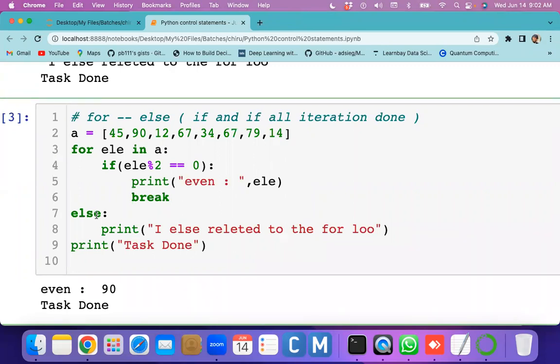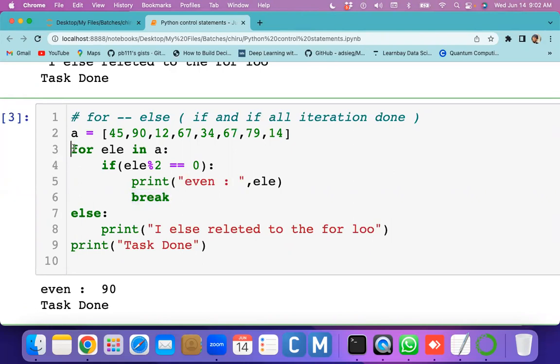Yes, clear, but I have a small doubt. Sure, go ahead. You have mentioned the break under the if control, but why should it stop the entire for loop? It should stop only the if, right? That's the functionality of break. Once break is executed inside of the loop, whether it is inside the if or inside the else, it doesn't matter. If it is inside the loop, it stops that specific loop only.